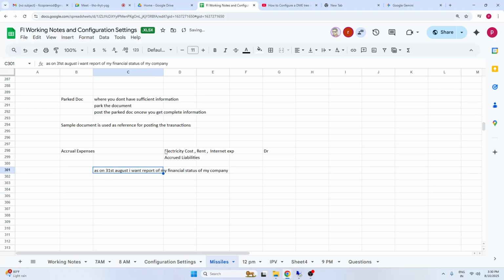So definitely I need to book all these expenses. Then only I'll get the balance sheet report for every month. So from the reporting perspective, the expenses need to be booked accordingly.